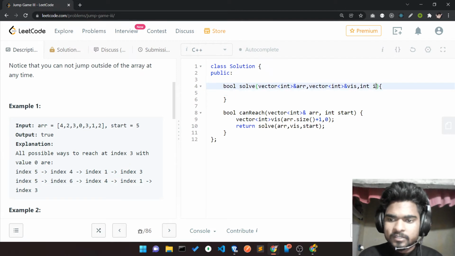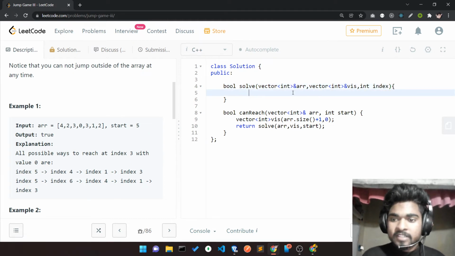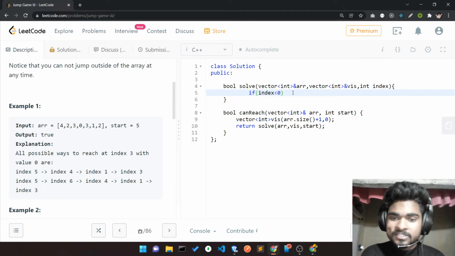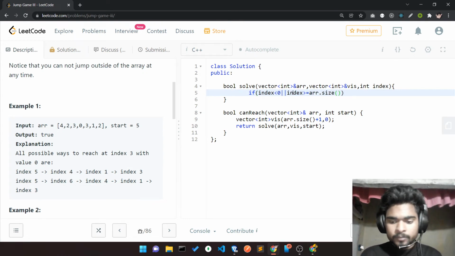Here i is the current index, which index I am currently at. If this index is less than 0, it means it's out of bounds, or if this index is greater than or equal to array.size(), it also means I am out of bounds. In this case I return false.